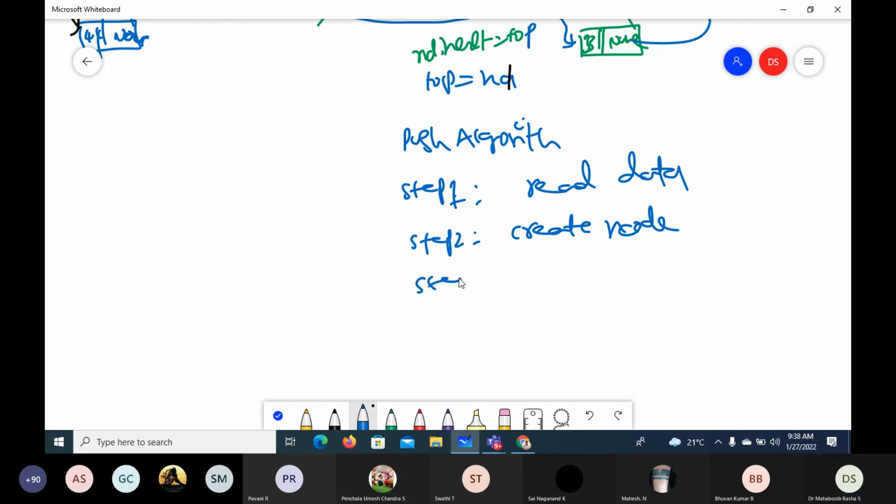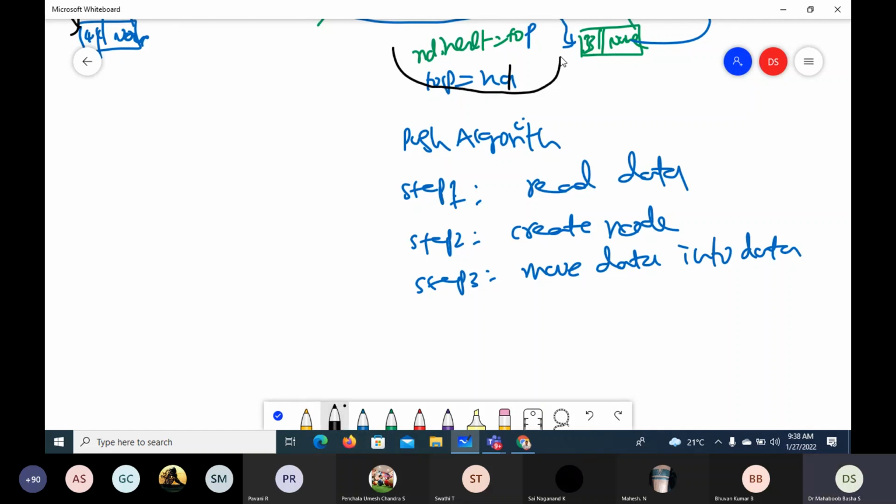Step 3: move data into node. Step 4, these two are the important key steps: ND, because we are not using ND anywhere here, make the new node's next